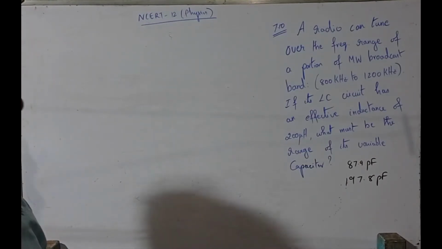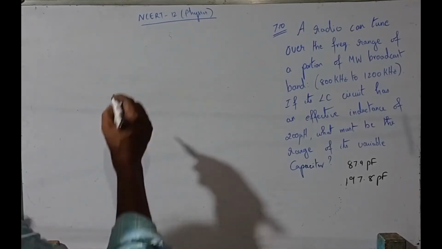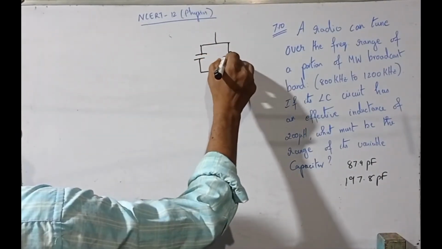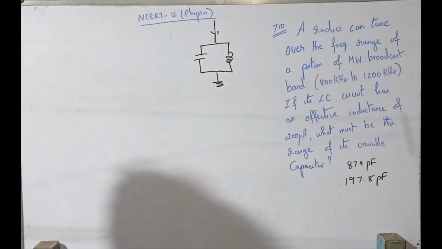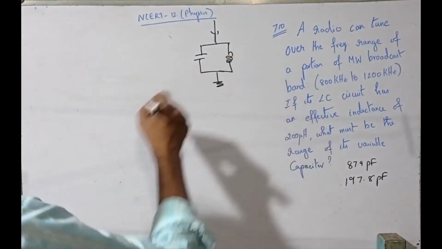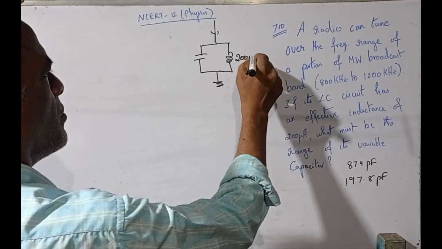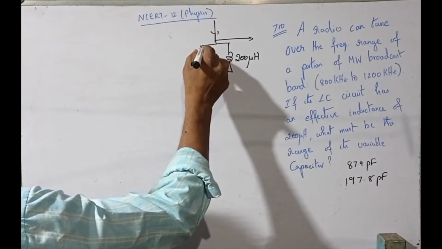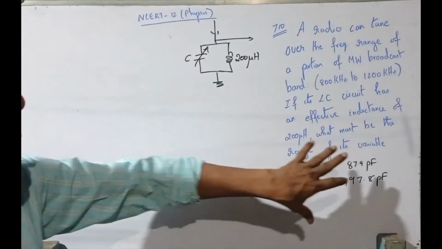So ideally, for radio tuning circuits we generally use a parallel resonance circuit. The parallel resonance circuit will be like this. Even a series resonance circuit we can use, but generally a parallel resonance circuit is used. One of the values is fixed. This is fixed, it's given as 200 microhenry. The signal is tapped from this point, and this is a variable capacitor. So we have to find, for these two frequencies, what the capacitance value is.